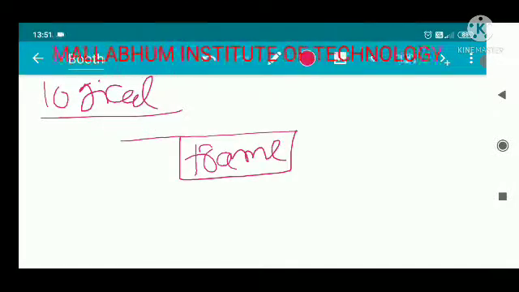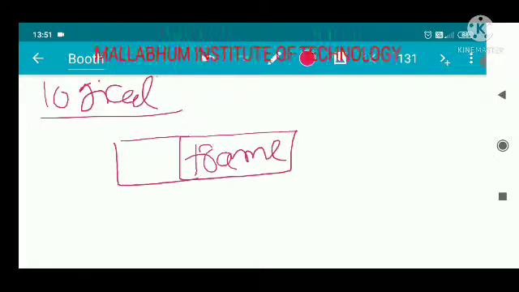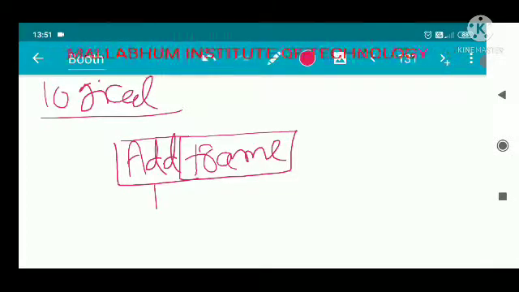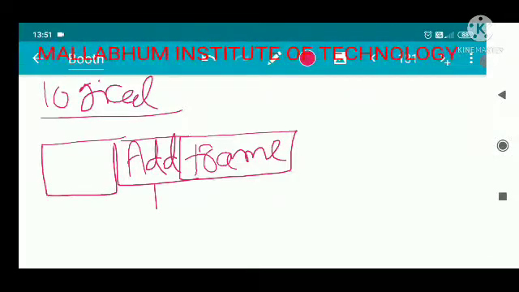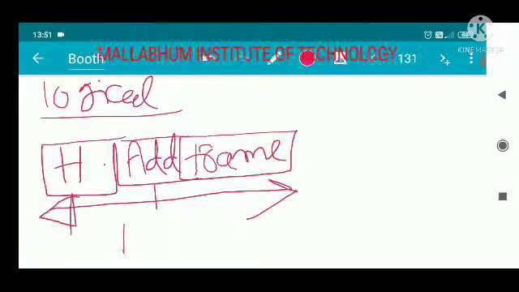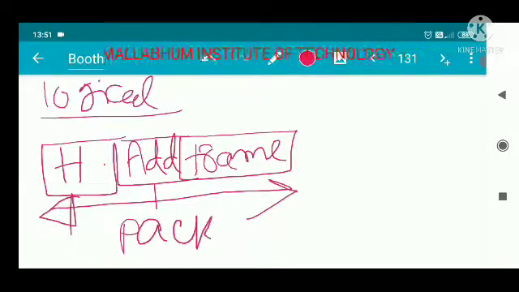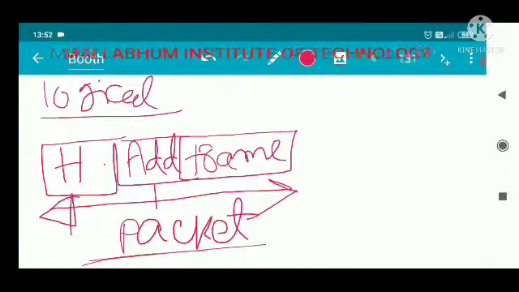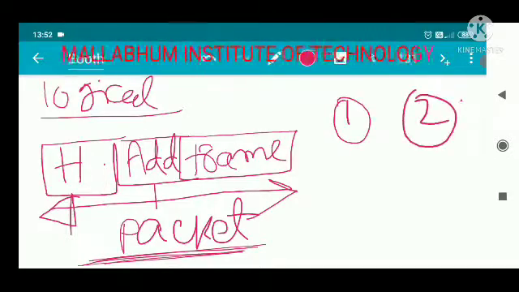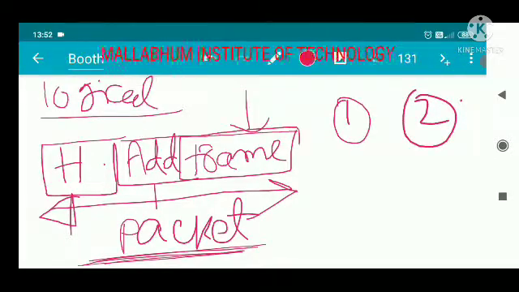Message frame. Within that there is also an address that may be situated on the host address or the destination address, and there is also a header field. All of this comprises a packet. This packet is the thing that is transferred from one node to another node, but in the data link layer this frame is being transferred.